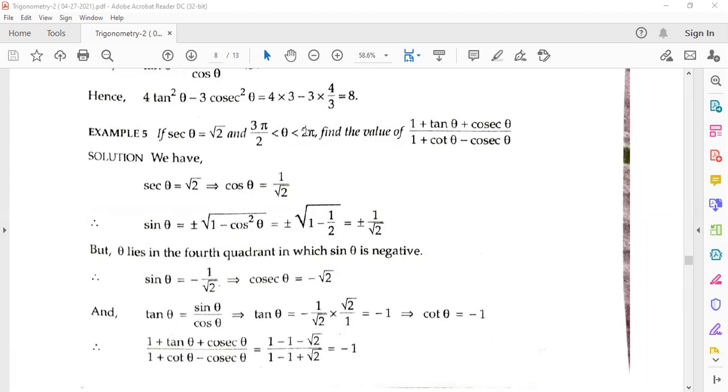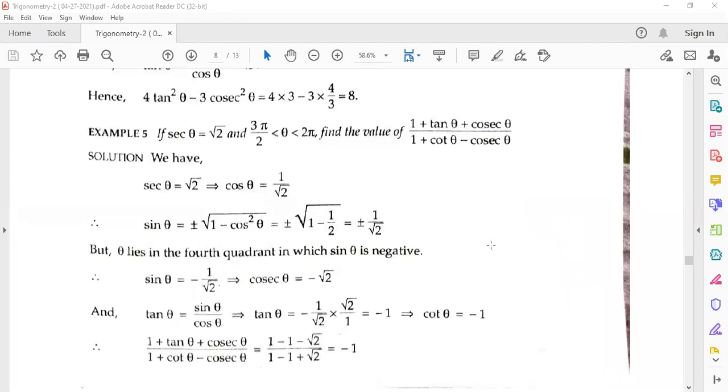According to the given value of theta and the quadrant in which it lies, we have to remember only this: all sin tan cos. All means in the first quadrant all trigonometric ratios are positive. Then for the second quadrant, sin means cosec. Sin theta and cosec theta are the only positive trigonometric ratios. All other ratios are negative in the second quadrant.